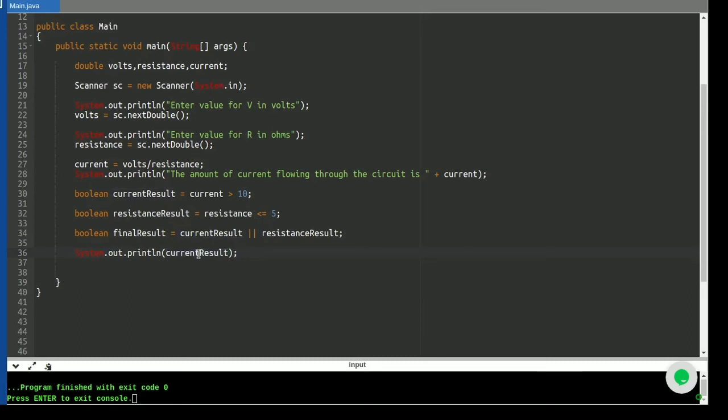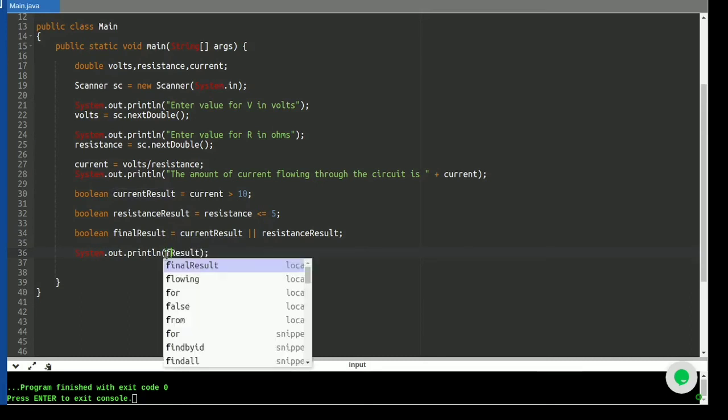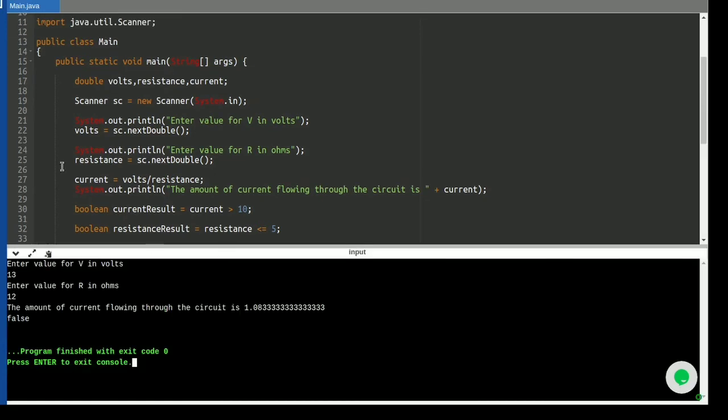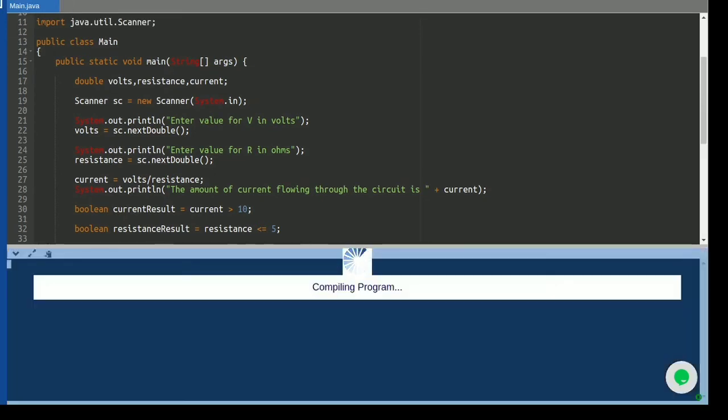This should be final result. So let us now go ahead and execute this particular program. Now on executing this program,